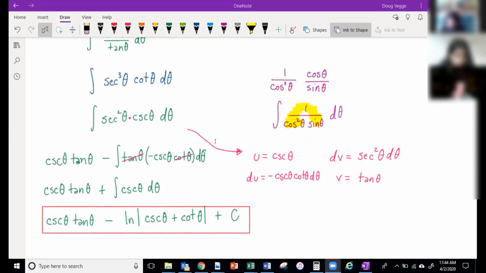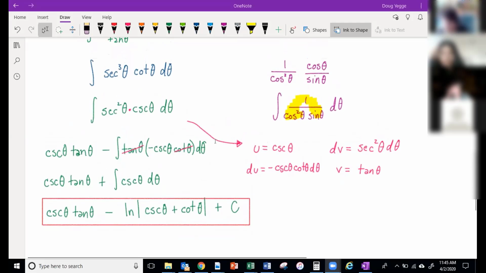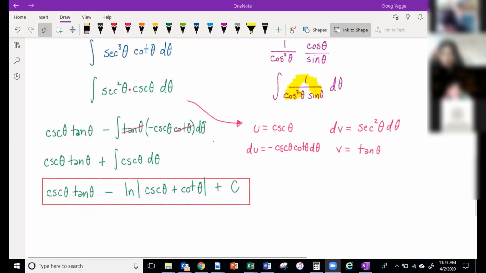So the integral of cosecant is negative ln absolute value cosecant theta plus cotangent theta? That's right. Okay. So who'd like to tell me why this is wrong? Can you simplify more the cosecant theta and tangent theta? Yeah, so you think maybe I could start canceling out some things, right? I could see cosecant theta is 1 over sine theta, and tangent theta is sine theta over cosine theta. So you could maybe see, first of all, that this thing right here